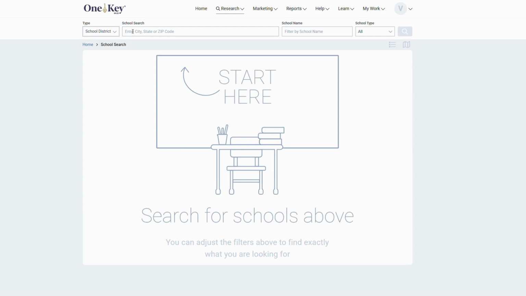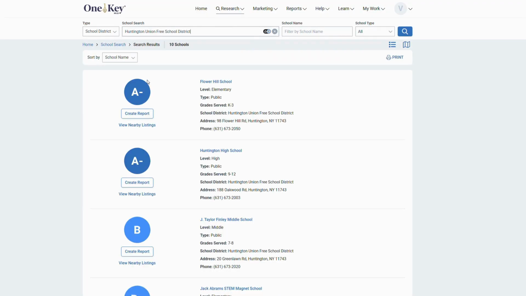For this example, I'm going to search by school district and I'm going to put in Huntington, New York. So it looks like several districts overlap in the Huntington area. I'm going to select the one that's tailored to my client, and I'm going to select the Huntington district in